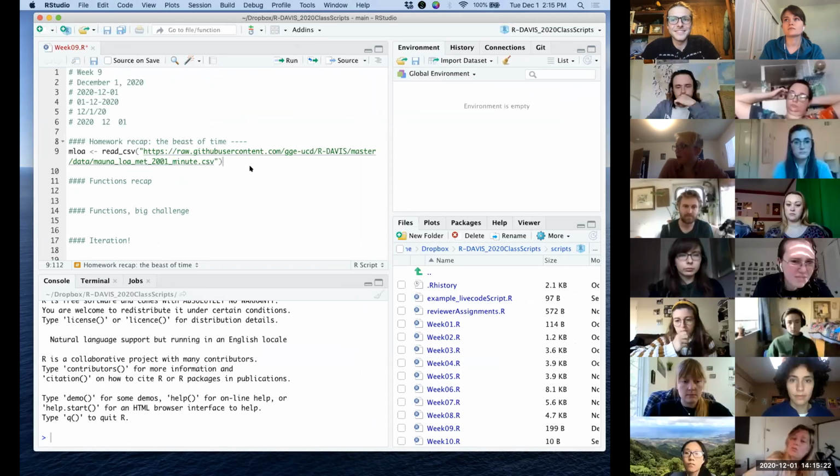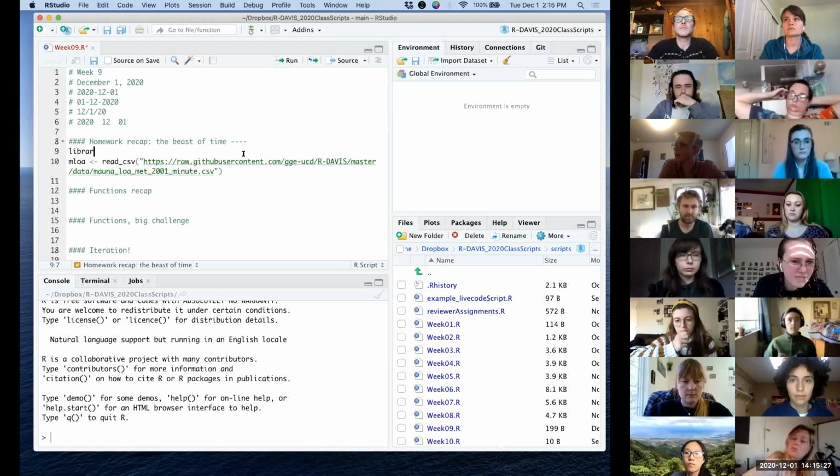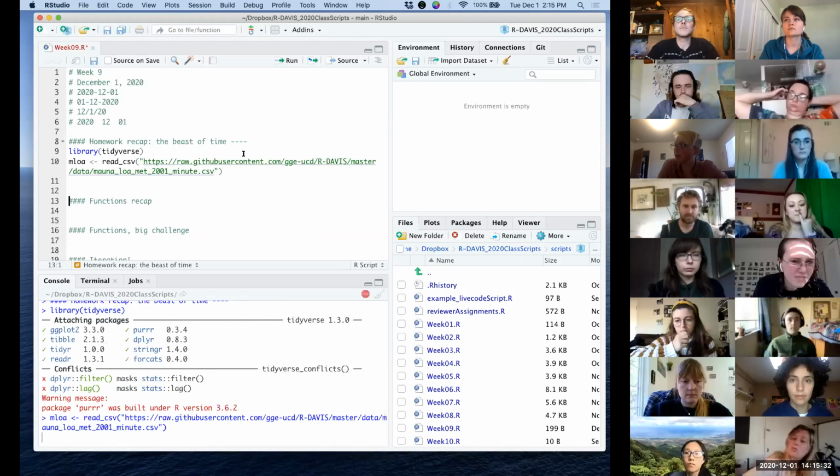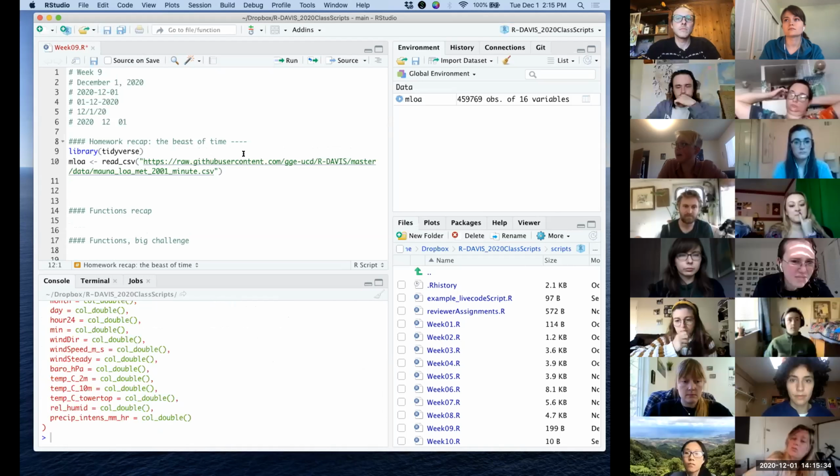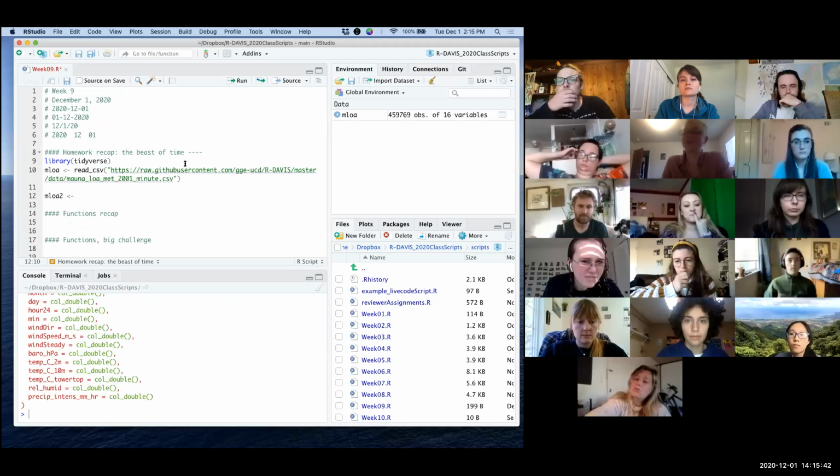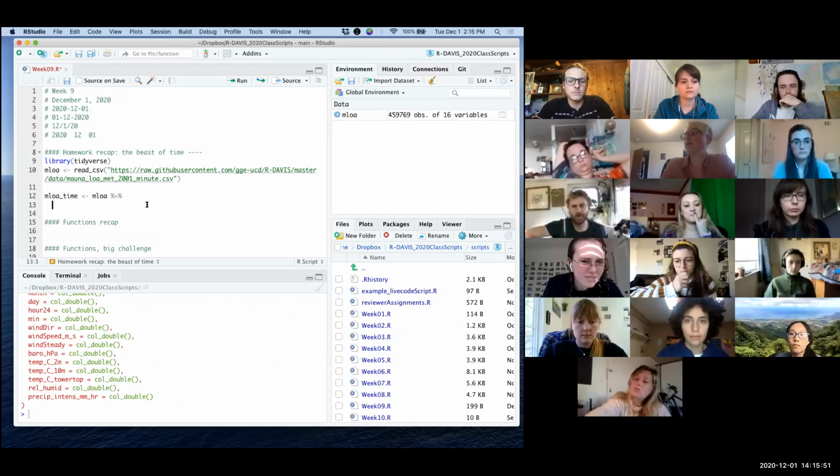So after downloading the data set, the first thing I did was I created a new data frame with the date time in UTC and the local time. And to do that, I created an object called mloa_time, but you can name it whatever you want. Then there's an assignment arrow, mloa, a pipe, filter, relative humidity or rel_humid,